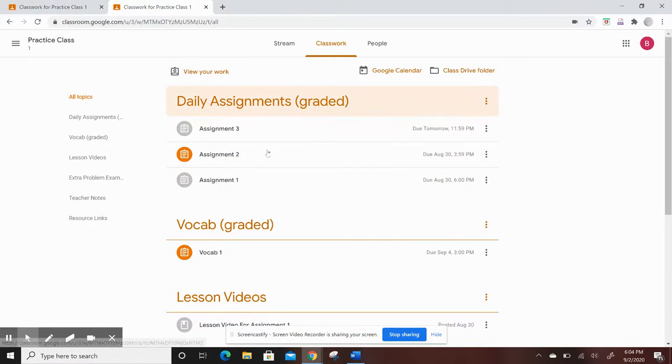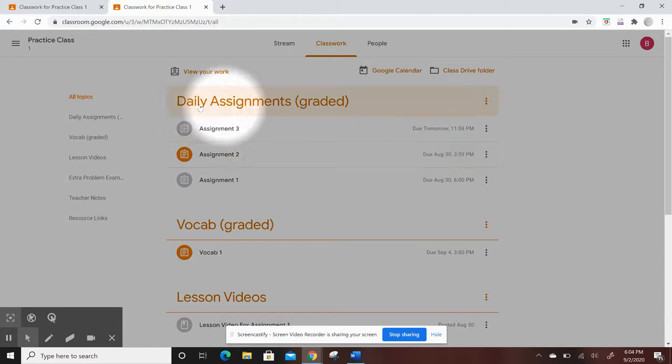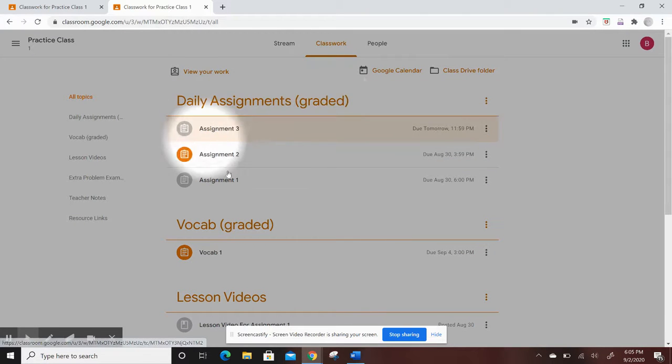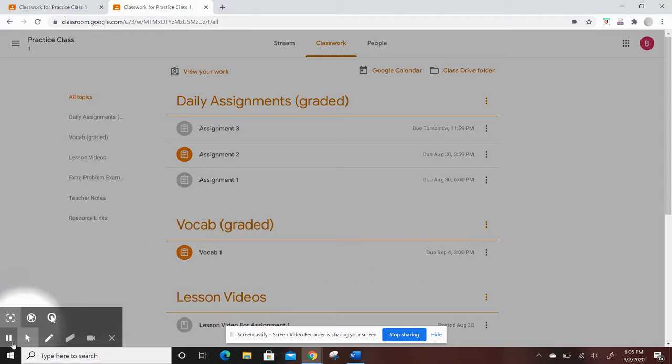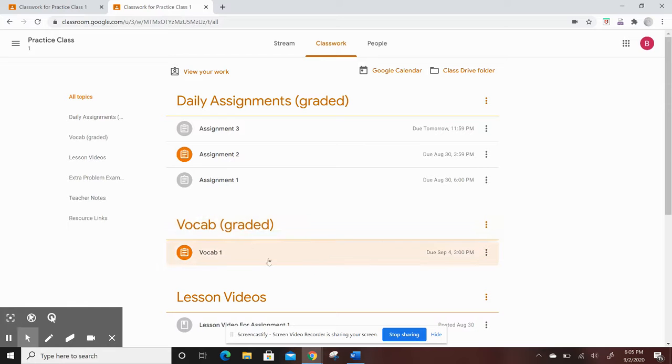Vocab. So we got daily assignments. I also put graded here because that means that everything in this is graded. So all of this is graded. Just like all of this will be graded also. All right, so vocab's graded. All right, so if I was to click on vocab,